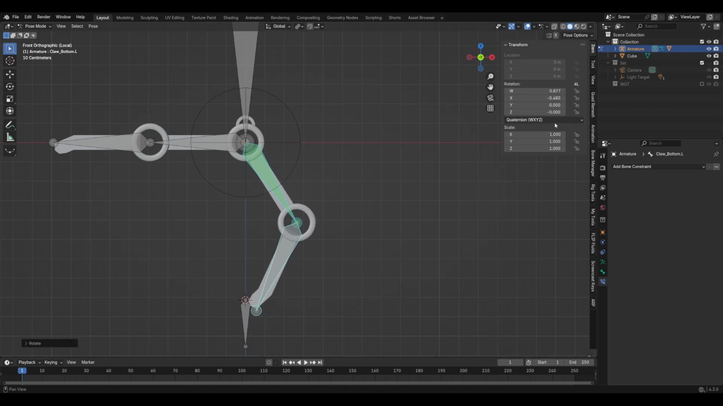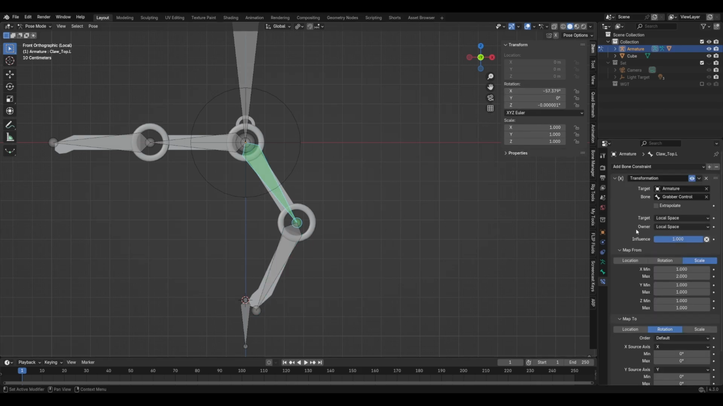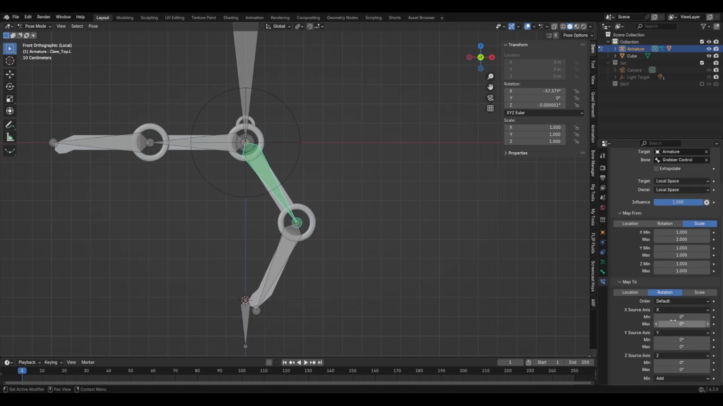It always confuses me with quaternions, so I'm just going to change that to X, Y, Z Euler. And we can see there that's almost 60 degrees as the maximum range. We probably want maybe 55 or something like that. So what we can say is that we can change this, and we're only going to use this top one, the